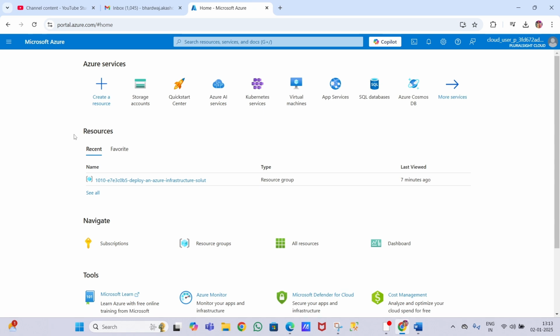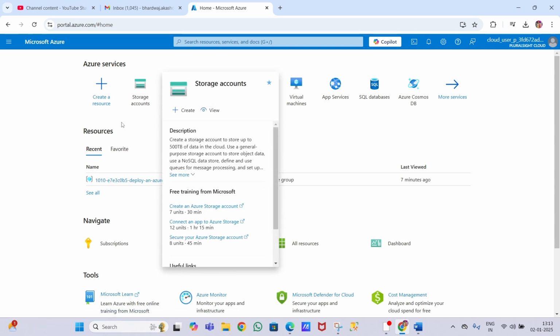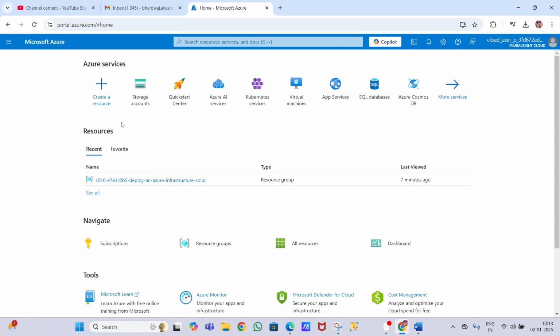In this video, I will let you know how you can create a storage account, for example, a Blob storage account and an ADLS storage account in Microsoft Azure. In the previous video, I told you about the overview of this portal, the homepage. After that, I told you about the difference between a Blob storage account and an ADLS account. Now in this video, I will let you know how you can create a Blob storage account.